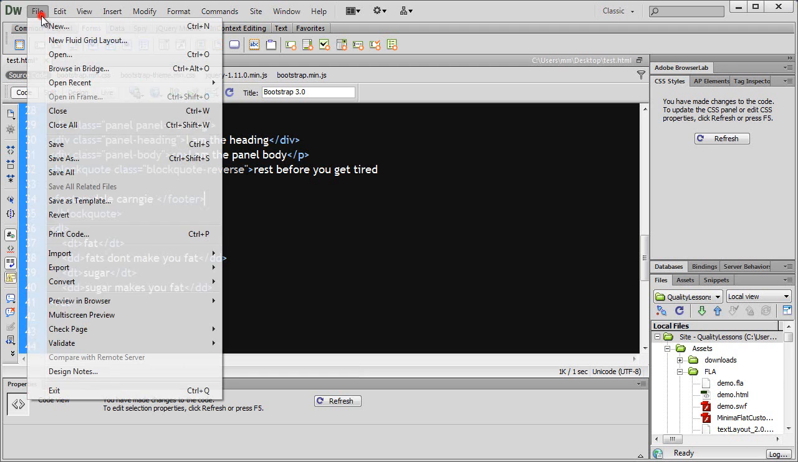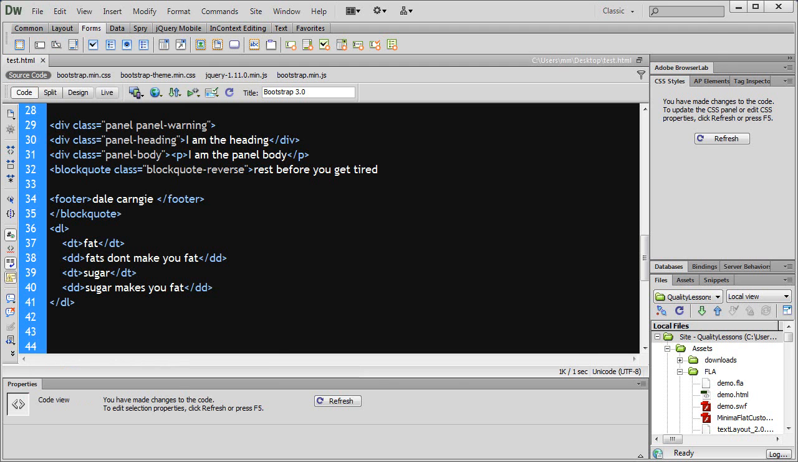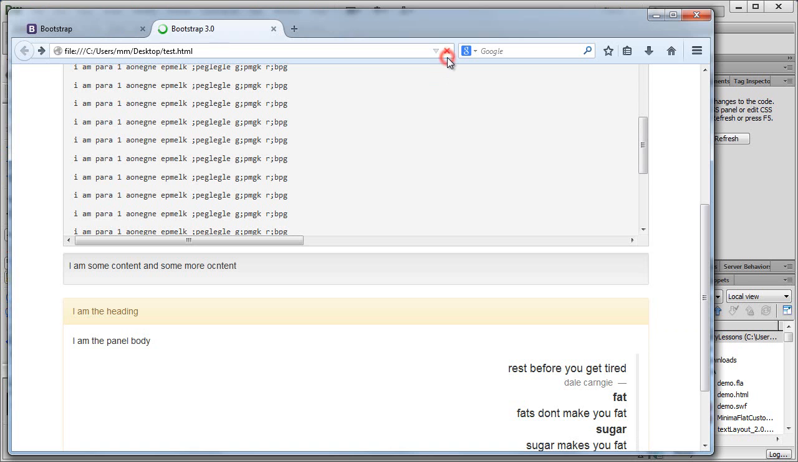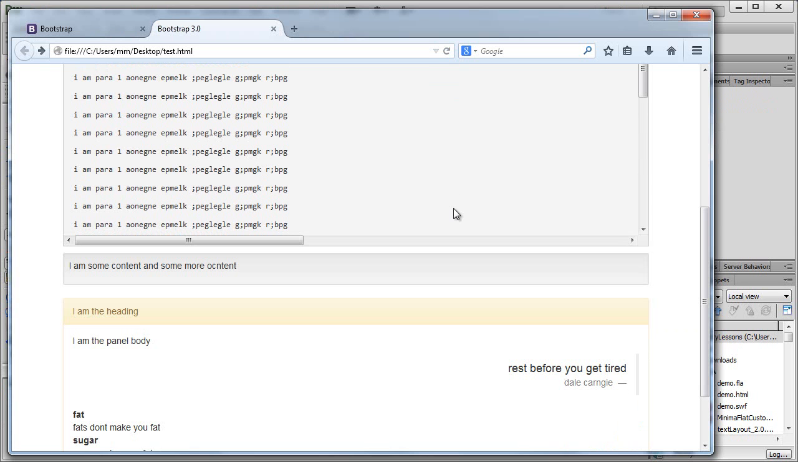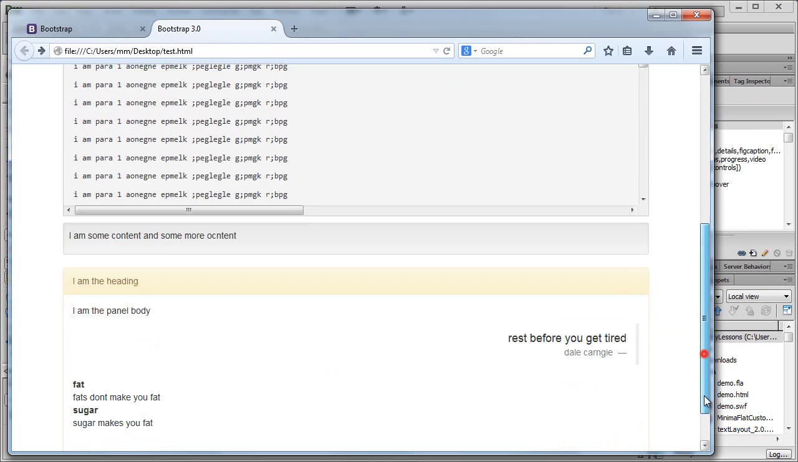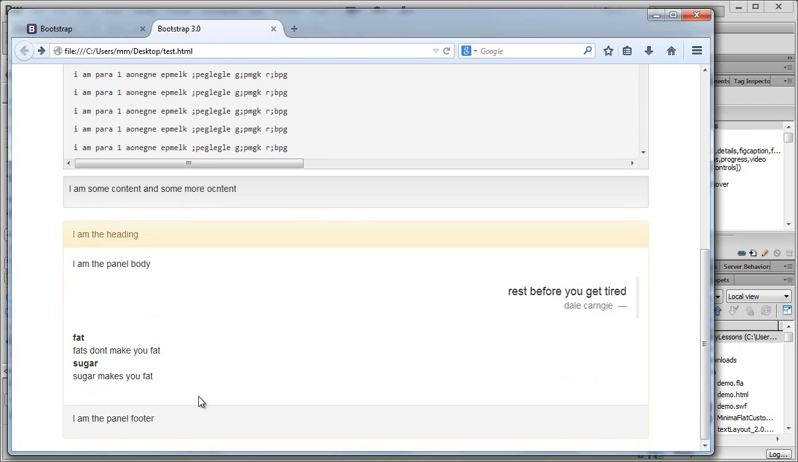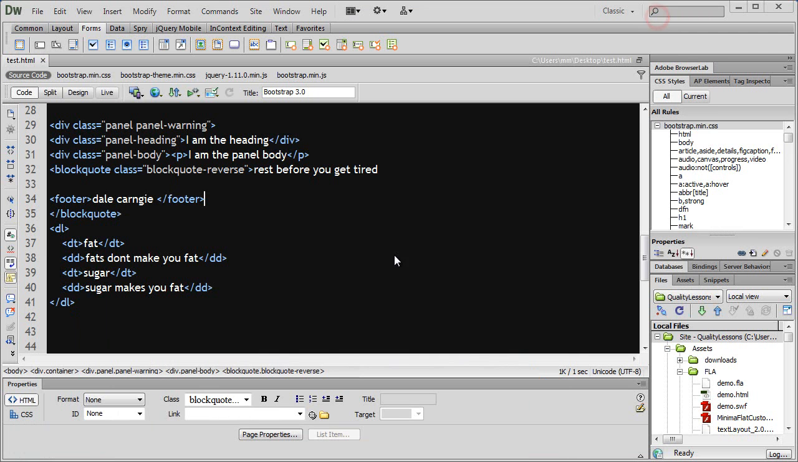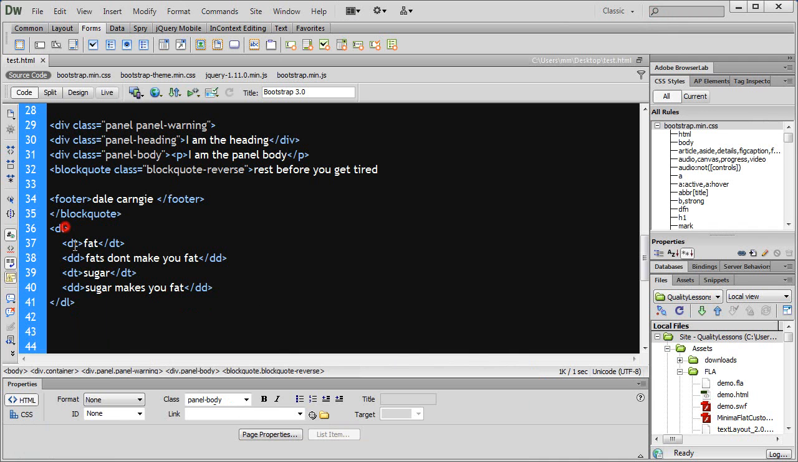Right. I'm still within the panel body, and let's refresh this time to see the changes that have taken place. Okay, fats don't make you fat. Sugar makes you fat. Fats, actually the good fats, don't make you fat. They rev up your thermogenesis. That's a fact. Okay, so now I'm going to add a class